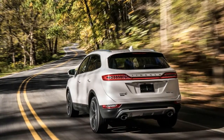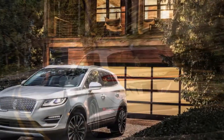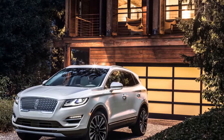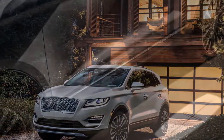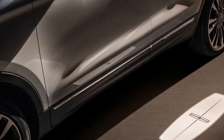Reshaped LED headlights flank the new grille, and Lincoln said the MKC's rear end is different, too, although we're hard-pressed to see much change there. On the inside, the only notable amendment is the addition of a new Rialto green color option, available on the